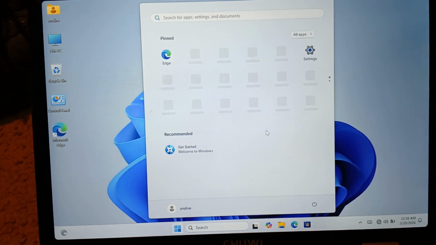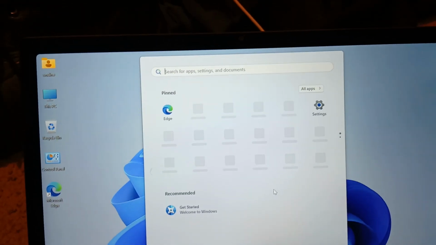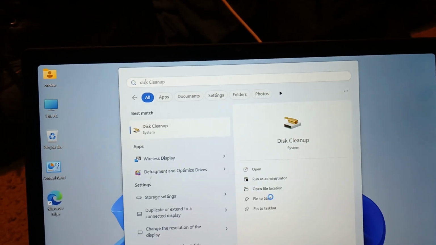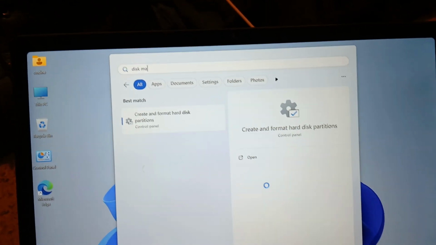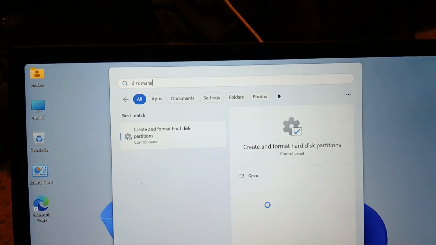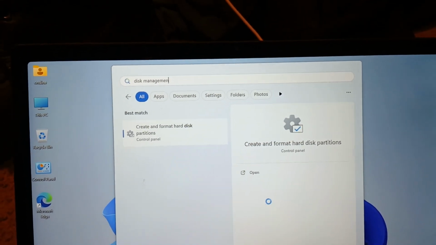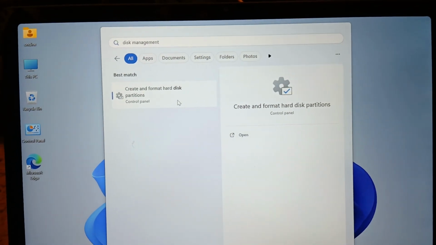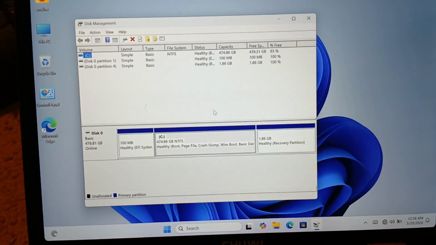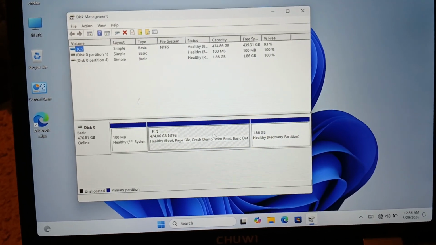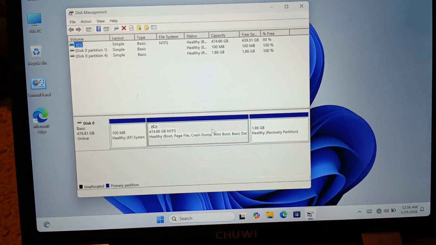Okay, so then the next step is to go to disk management. And here we can see